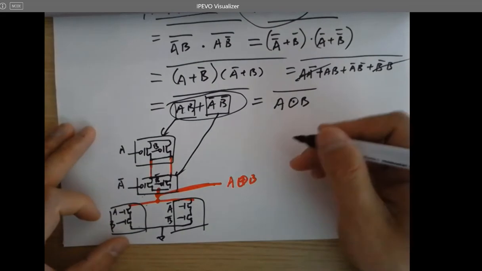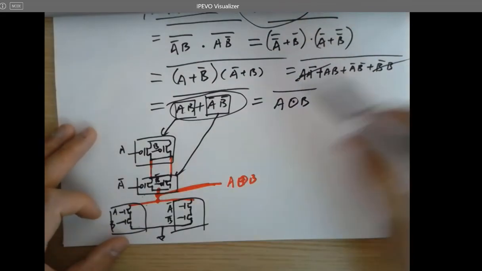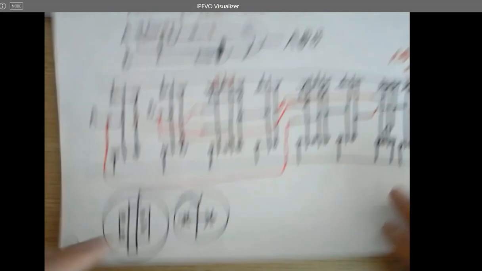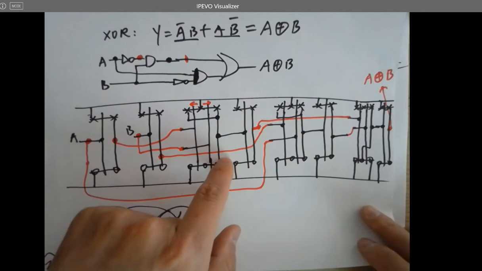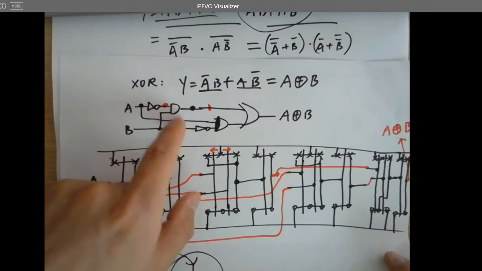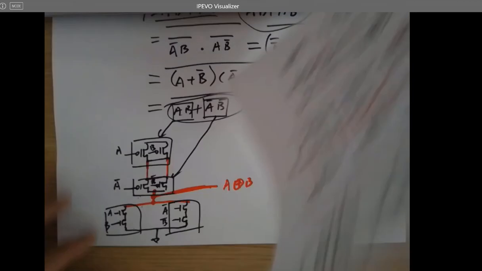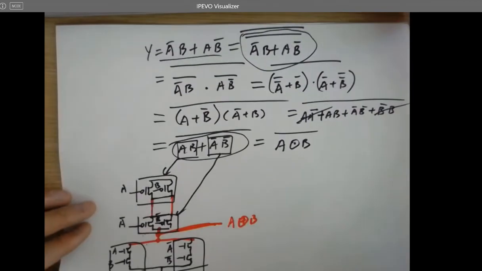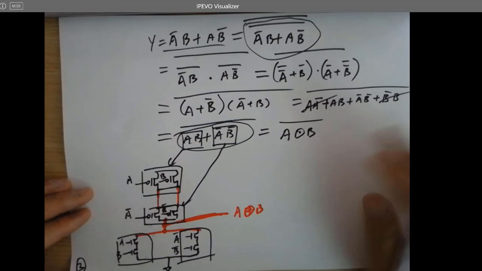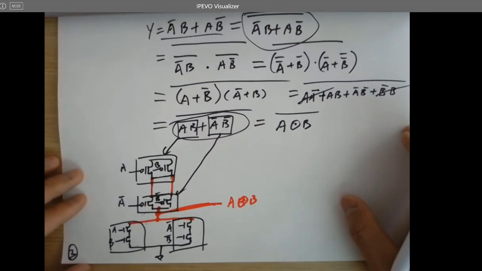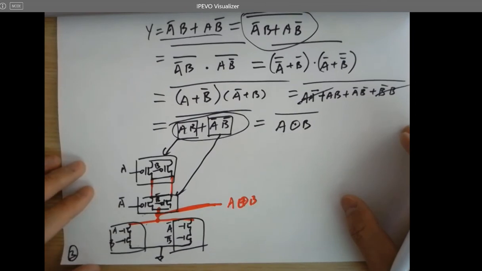No, still confusing. So you can simplify this circuit and draw the stick diagram of this guy. It's going to be way simpler than this. This is from the gates. You have to draw every single gate. But if you do it here, it's going to be way easier. So let's do it. Let's draw the stick diagram probably